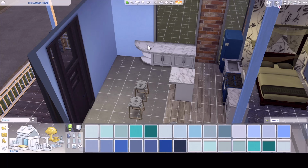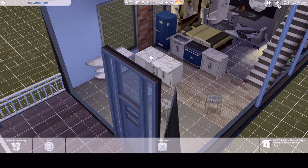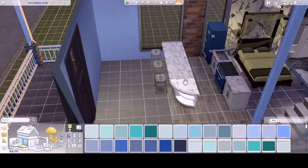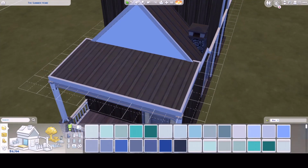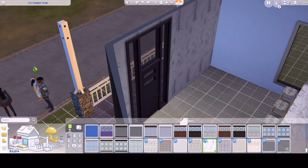I was trying to find more space to make a livable living room, and thought I could do it with the space that I already had, but that's not going to work. So what I did originally, I moved the door to the left, and then I opened up the counters. I actually extended the house one. I really don't know what to call it when you extend it on the grid, but I pulled it out a bit, one more. I call them blocks. Really, I have 3 blocks of space to put a couch in